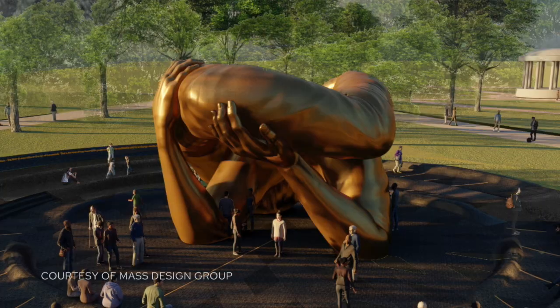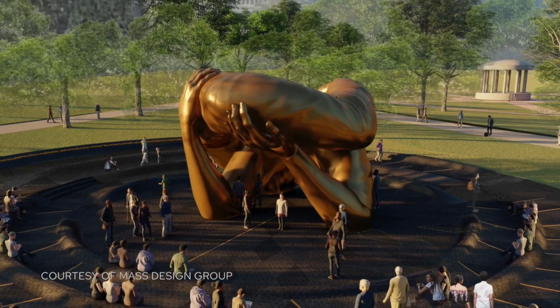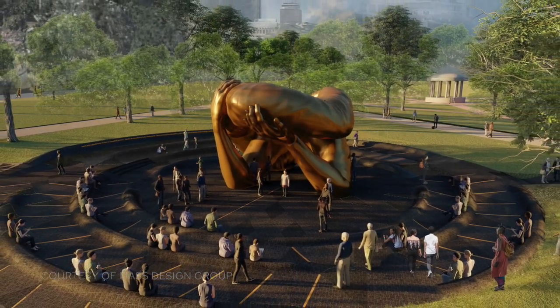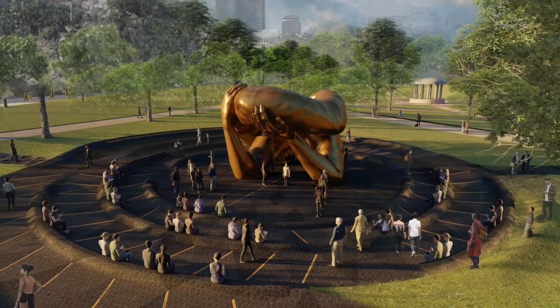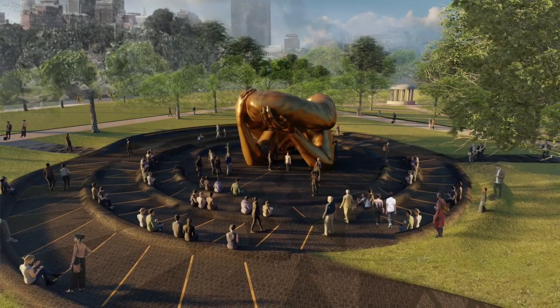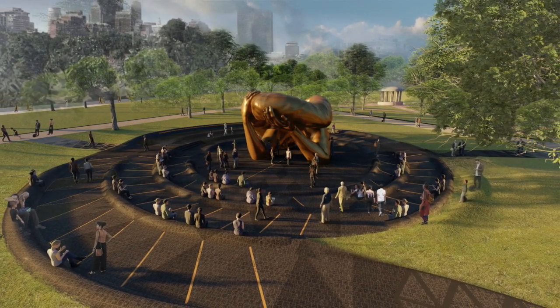And so their names, names of our own community's leaders and activists, will be inscribed on the ground. And we have created the design so that you walk through this plaza almost as, I wouldn't say fully a labyrinth, but it's not a direct route to the memorial, to the sculpture. It will be a circuitous route so that you are orienting yourself to see the city. You're looking down to see the names you're walking next to. And then you're brought into this center,